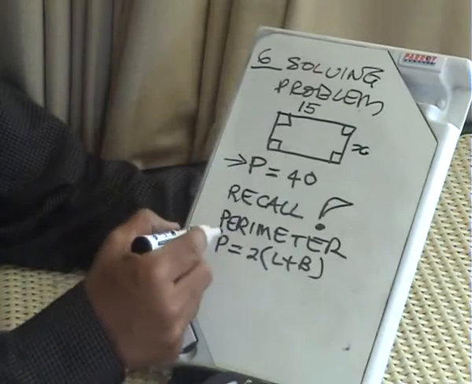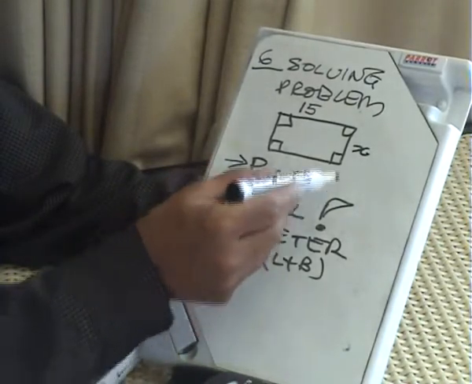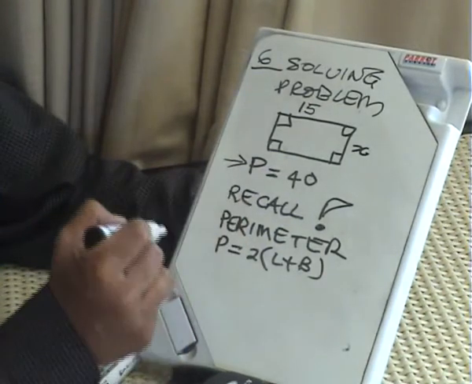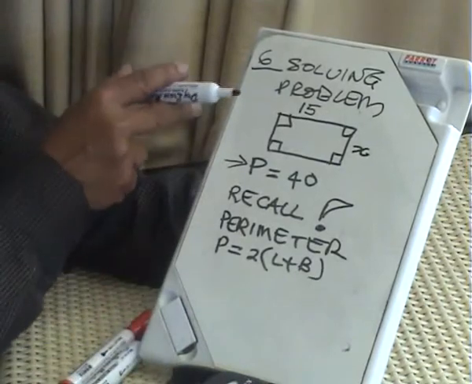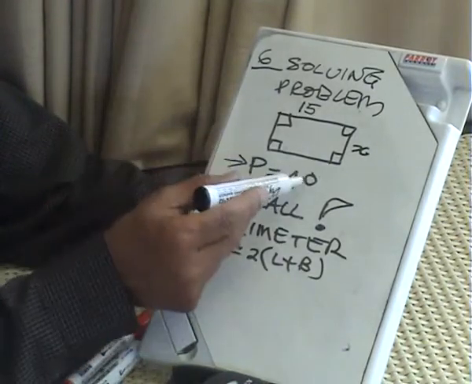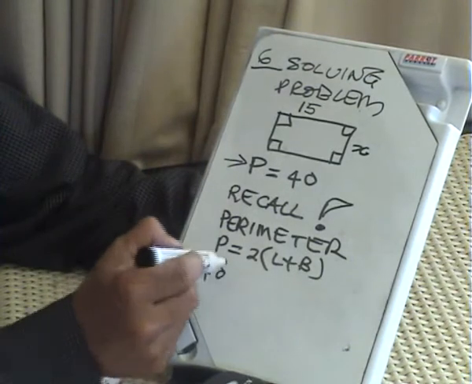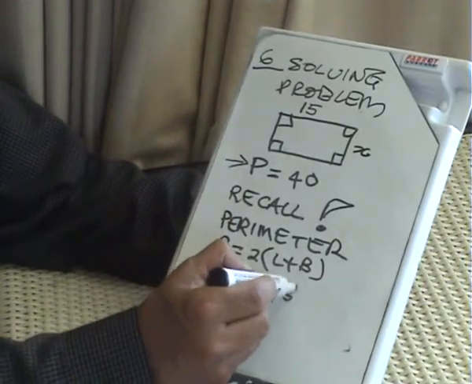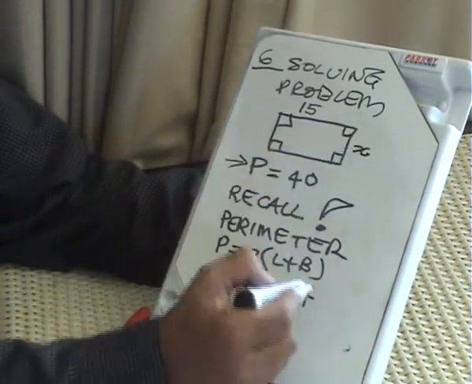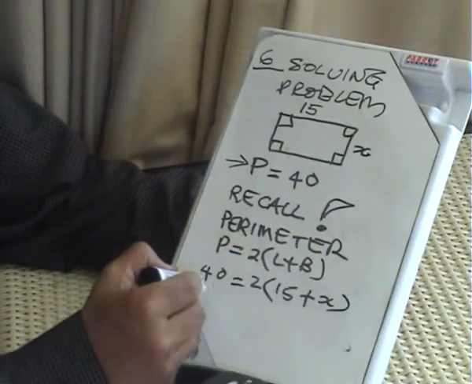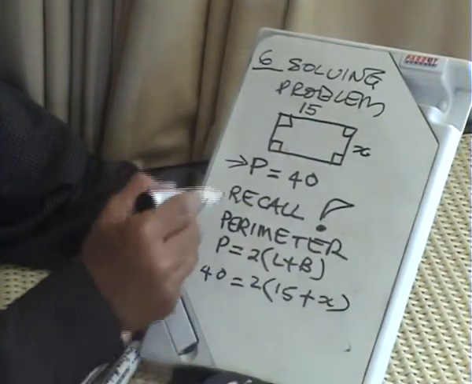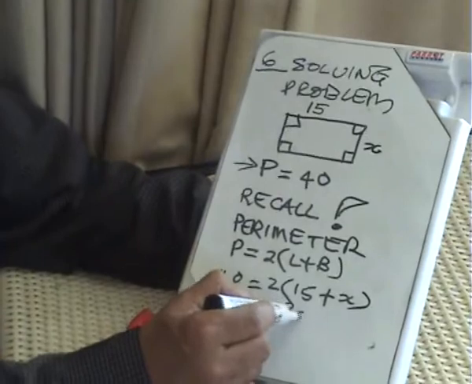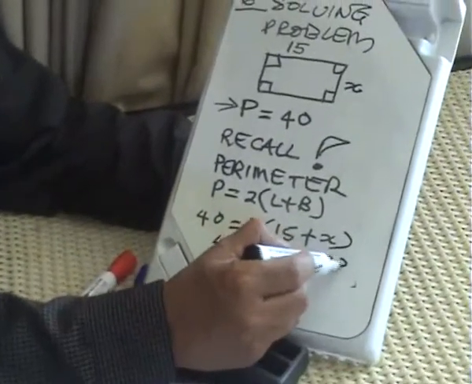Therefore, we can now move forward once we've got all this, because we can now substitute, or in other words, we can use another right of ours which says move from the known to the unknown. We know the perimeter is 40. We know the length is 15. We don't know what the breadth is, so we leave it like that. And then when you look at this, recall again that you've got to open the brackets out. So you've got 40 is equal to 30 plus 2x.